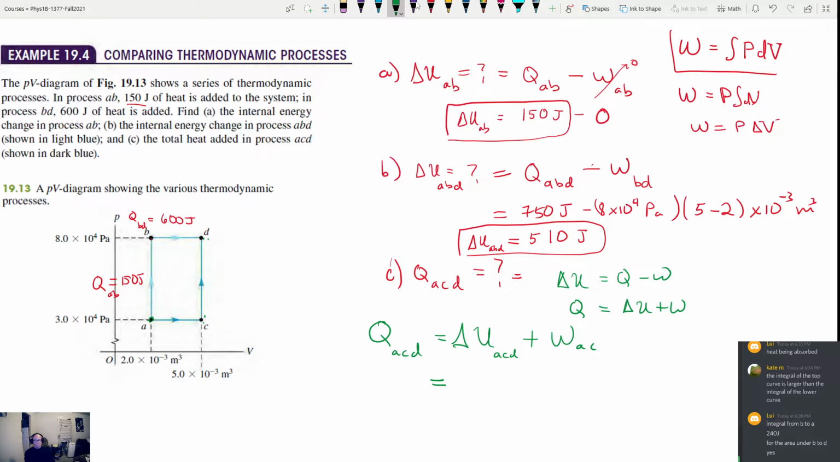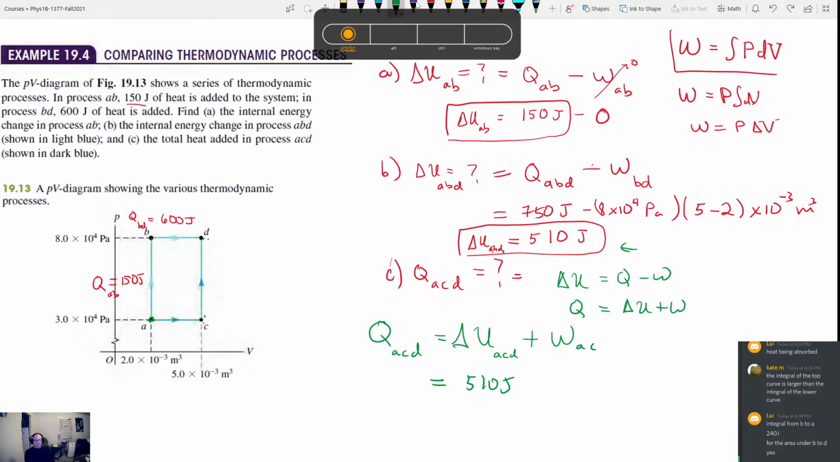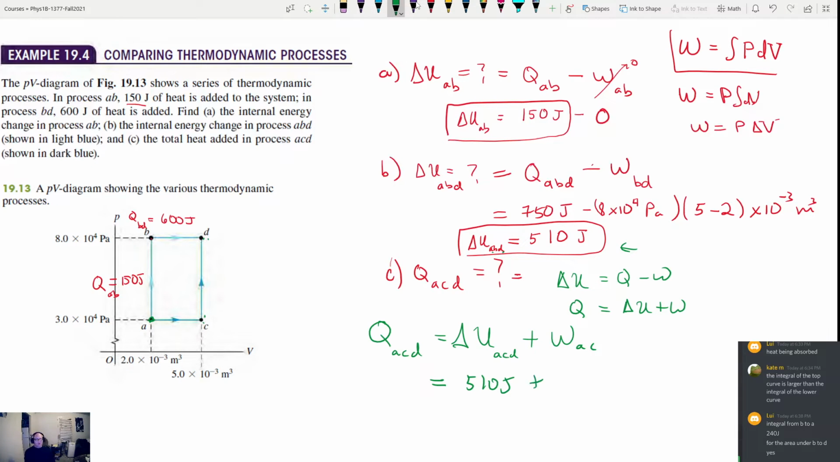Would it be the same as ABD? Yep, it's going to be 510 joules. It's going to be equal to the same thing here because this goes from A to D. This one goes from A to D, so the change in internal energy should be the same. We're going to add to that the work from A to C, so that is going to be equal to